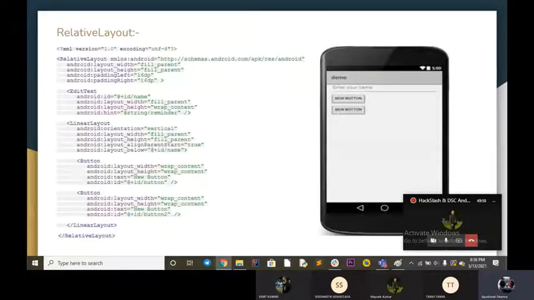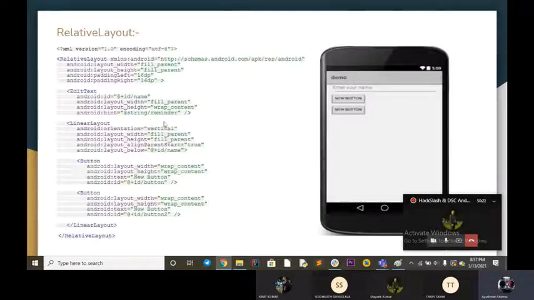So assume relative layout as a parent layout where you can put child elements wherever you want. You don't have to assign them linearly. Like here we have assigned enter your name, new button, and second new button.